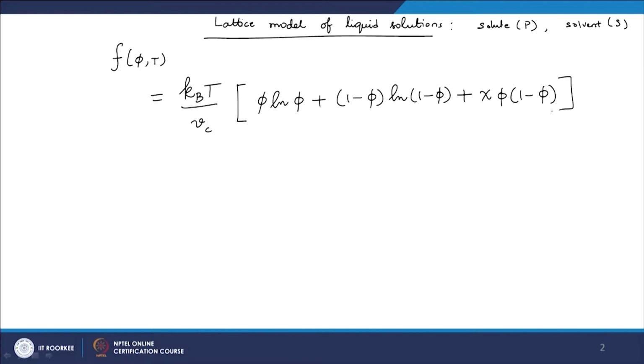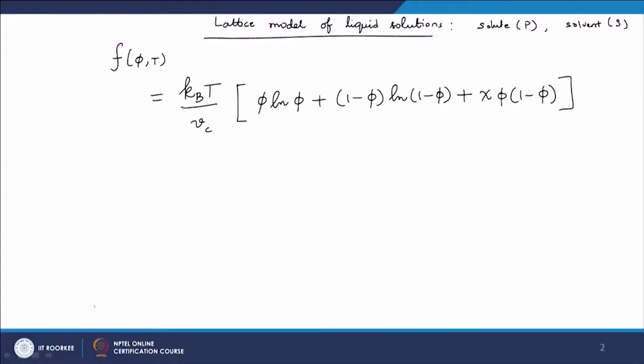We can identify some terms here and assign some meaning to them, and those meanings will then make some sense, and using those meanings we will develop the model for polymer solutions. When I am assigning this particular meaning to these terms, it is not very rigorous because it is anyway a mean field approximation, and we cannot really decouple terms the way I am proposing it, but it really helps us understand what kind of contributions come into the free energy of a solute solvent system